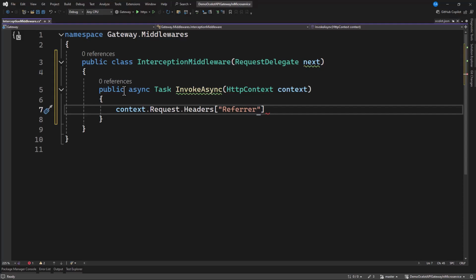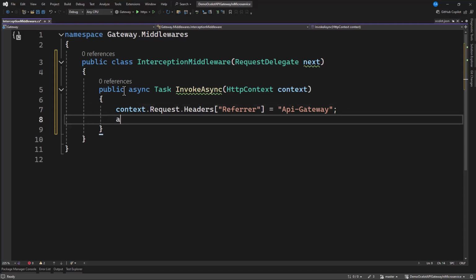This referrer means this is going to refer to a service. Within this, we want to have access to maybe API gateway. So it means when we get to the service, we're going to check, does the request have a referrer? If yes, it has a referrer, meaning it has passed through the gateway.